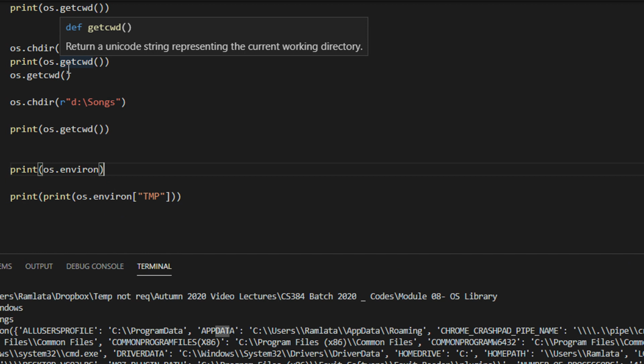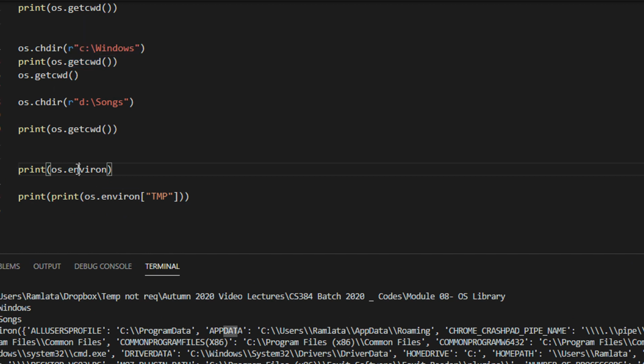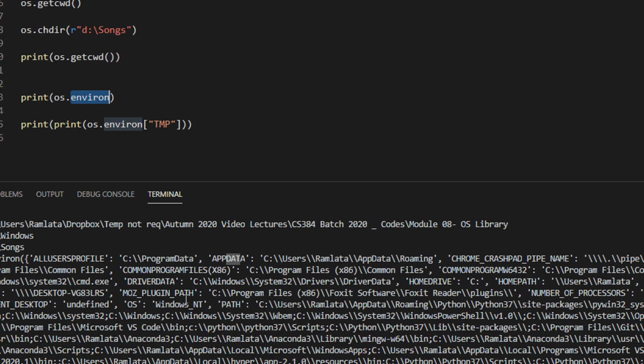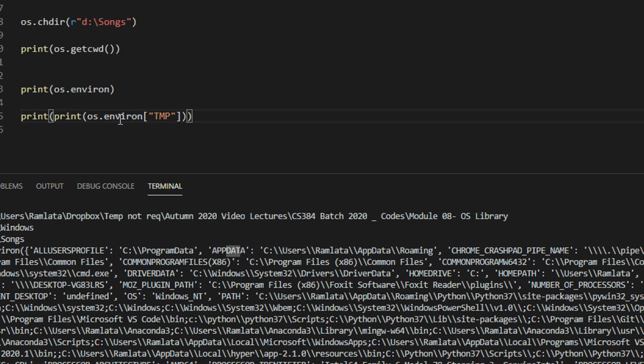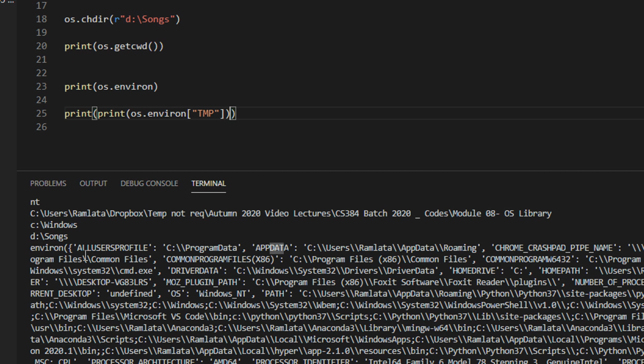So when systems are deployed, like in Linux or in Windows, this environment helps them recognize whether that path is there or not. So that is how this works. Not of much use as of now for your syllabus, but for knowledge you should know how the environment variable works. Within the environment, you can see, this is basically a mapping.